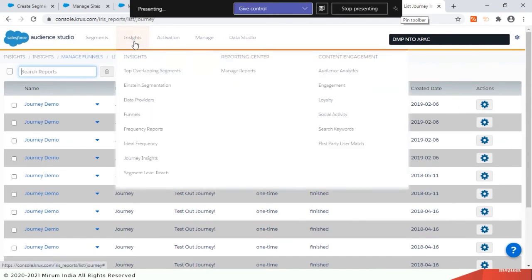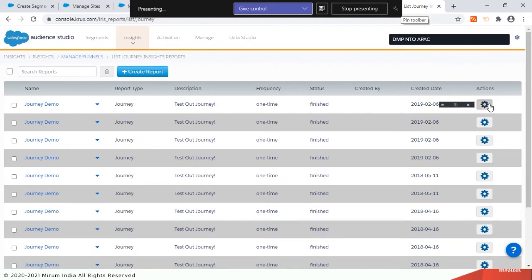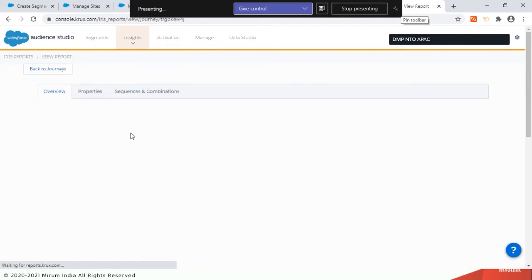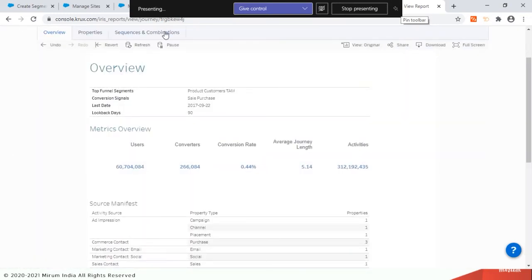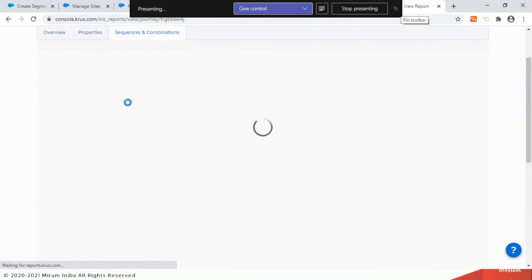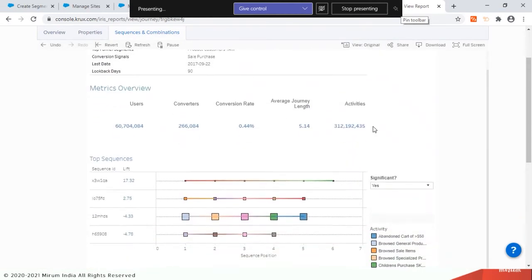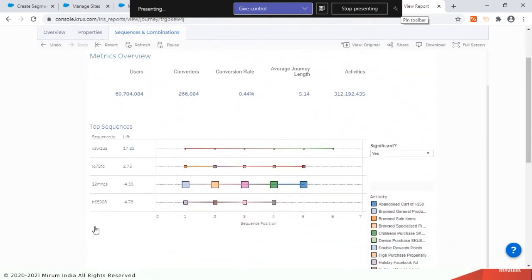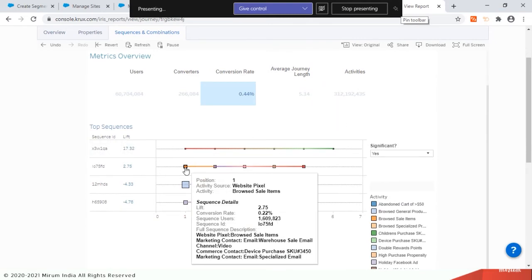So in that case, we have something called journey insights, right? What is the path that an end customer of NTU Retail will typically take in order to reach that particular goal criteria, or the conversion? So this is one report which shows us the sequence. And we can also define a conversion criteria here. So how many users, how many of them are converters, what's the conversion rate, and based on that conversion rate, what's the campaign, what's the path that they followed.